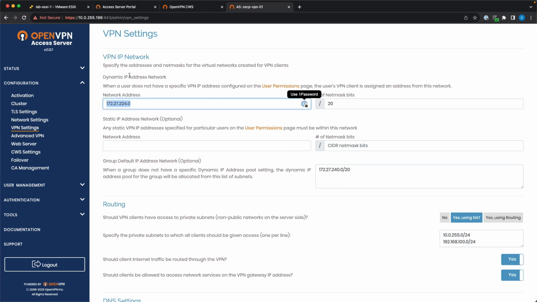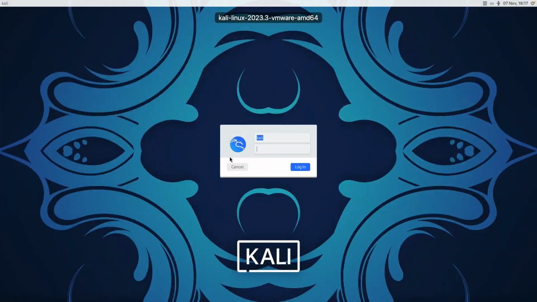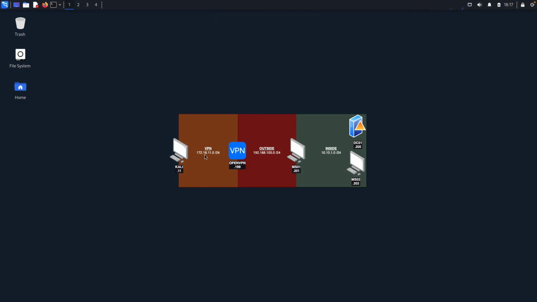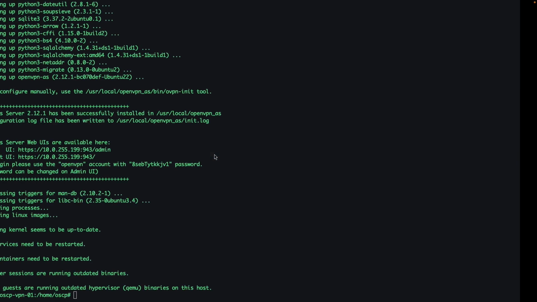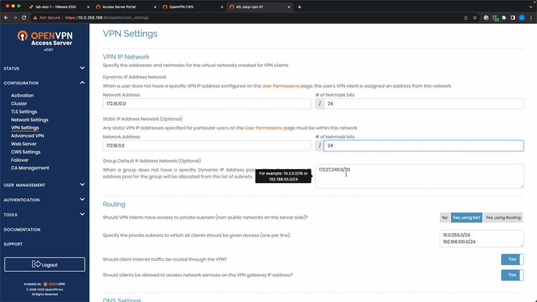The network address range, so this is for dynamic IPs. I will usually set this to a separate subnet just in case I see this come up or somebody uses it. So we can go ahead and use, let's say, 172.16.10.0/24. And for static IP addresses, like we're going to assign for our OSCP user to, again, make our life a little easier, let's do 172.16.11.0/24. And again, that should line up with, yes, VPN subnet. Static is going to be 172.16.11. And group default network, well, we can just make that the same as this,